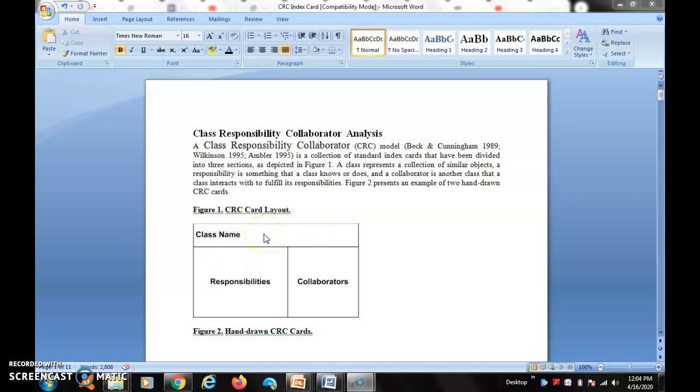First, the class name represents a collection of similar objects. Responsibility is something that a class knows or does. The collaborator is another class that a class interacts with to fulfill its responsibility.